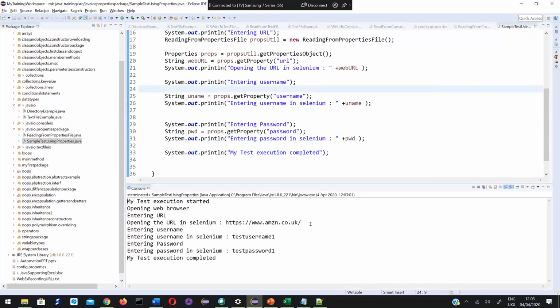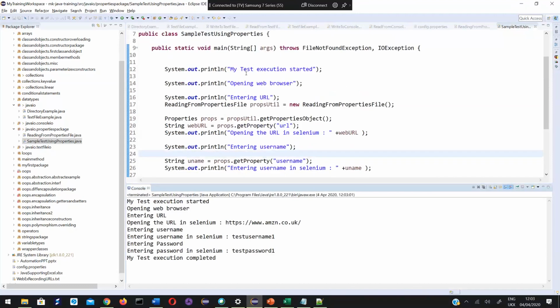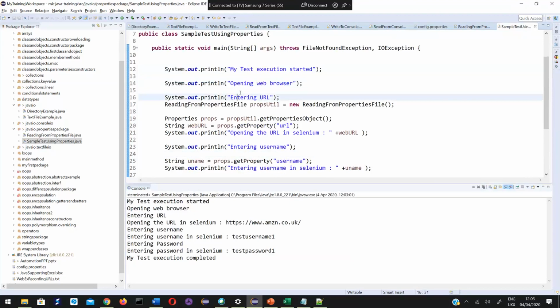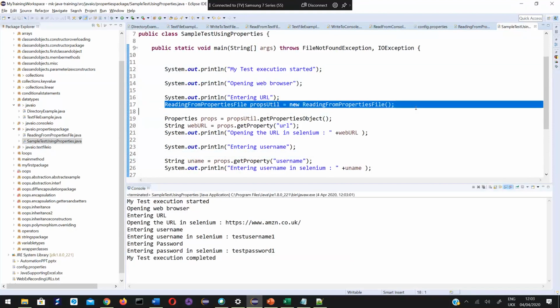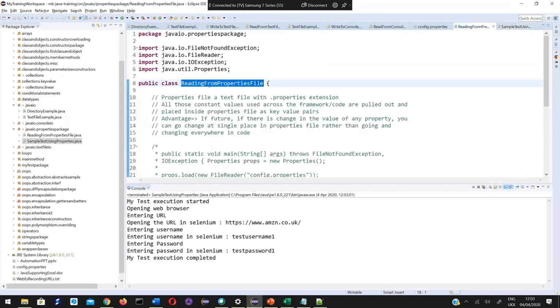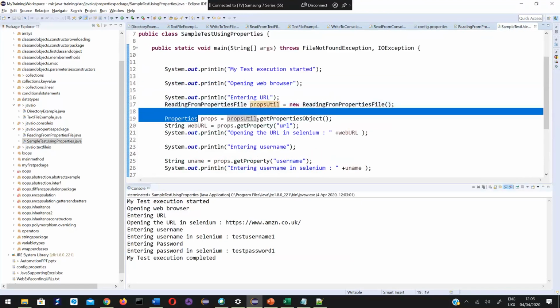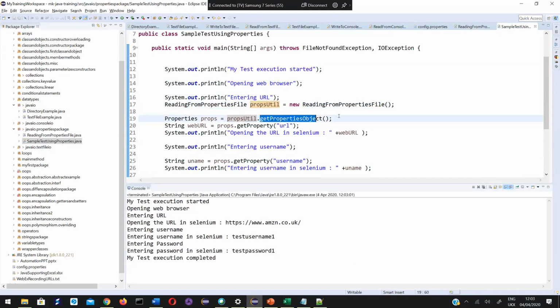See, first it executed my test. Execution started. Opening web browser, entering URL. Here, I need to read the values, right? URL, username, and password. For that, I am creating an object of this class, reading from the properties file. I have created an object of this class, and on that class I'm calling this method get properties object.